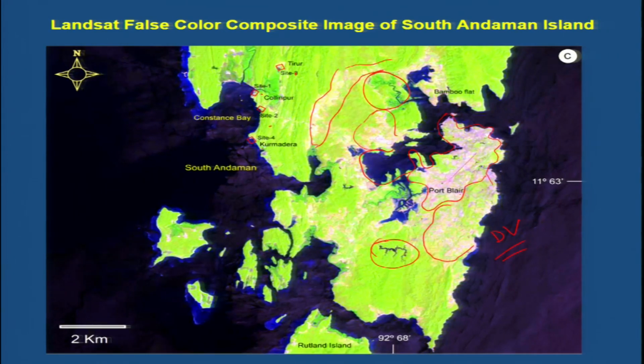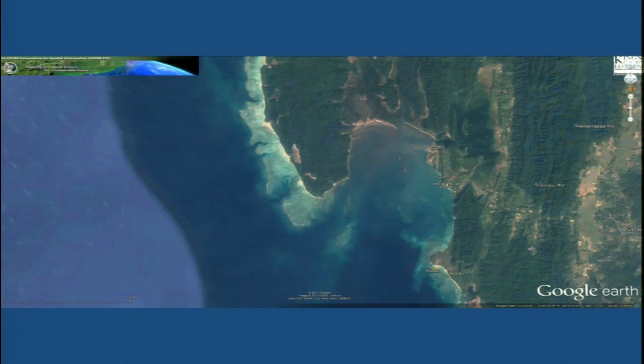I am going to explain how we can do geomorphic mapping of this area. So suppose we take this region where we are interested in making a geomorphic map. This region is known as Constance Bay. Okay, so these are the locations of our sites 1, 2, 3, 4. In the previous map I have shown the sites. So those 4 sites are located here. One site is also here. 1, 2, 3 and 4.